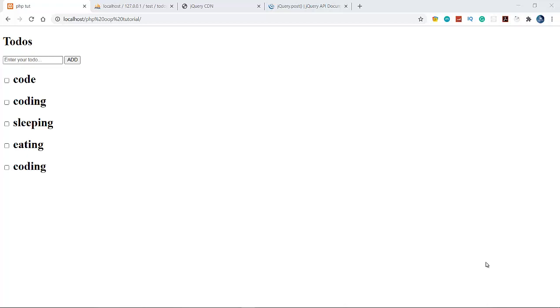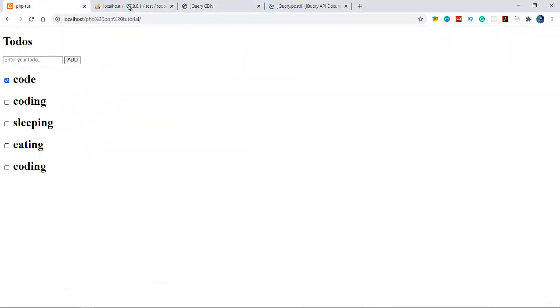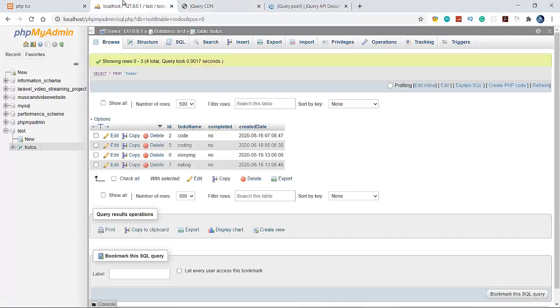Then I will tell you how to do an update here. So then we will do our update here. When the user clicks here, it is returning done. It is doing nothing else now because this is just a basic Ajax. So what do we want? This is our database. When the user clicks on this, it will update the database and completed will be turned into yes here.